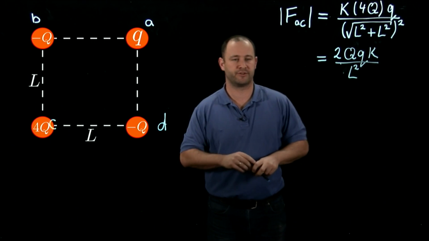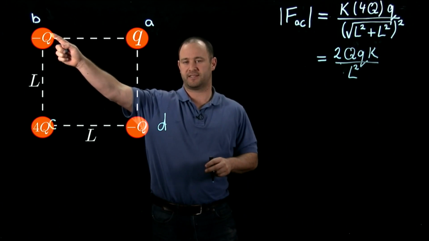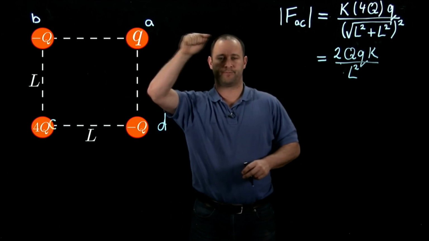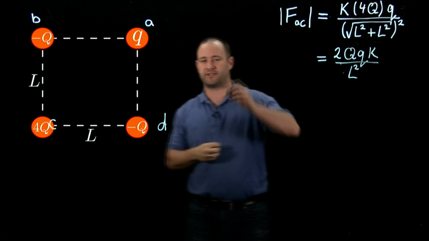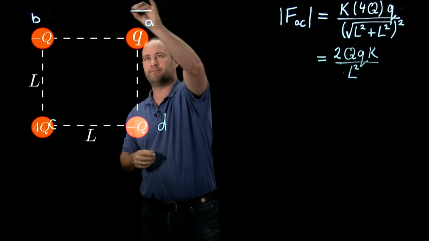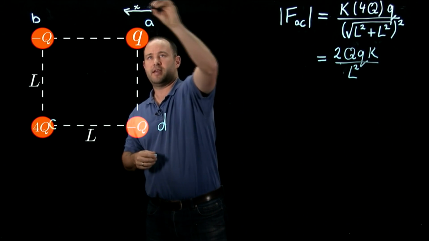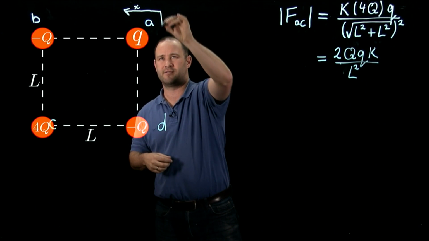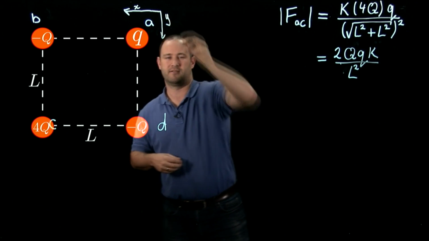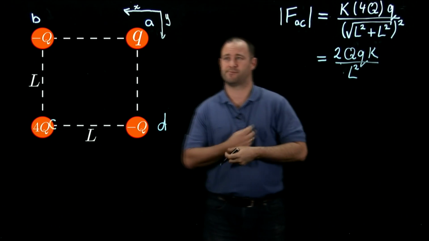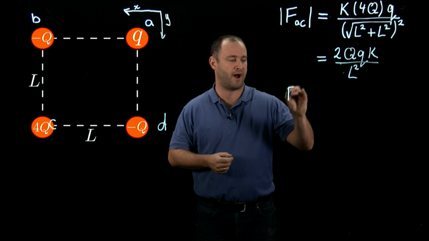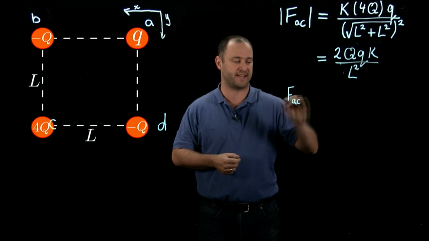And one thing that we want to do is we notice that this B only applies a force on A in this direction, okay? So let's label that direction the X direction, which means we're going to label this direction Y. We could choose to do this in any way, but this is just for convenience. And the reason that I want to do this is now I want to ask, what's the magnitude of the force of AC